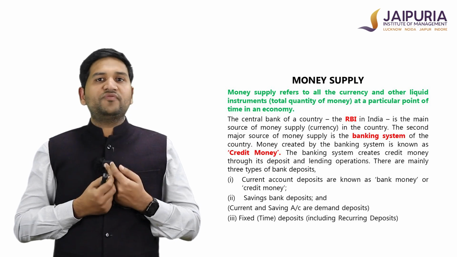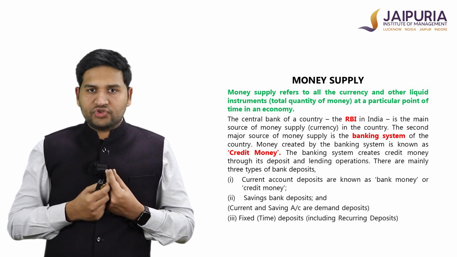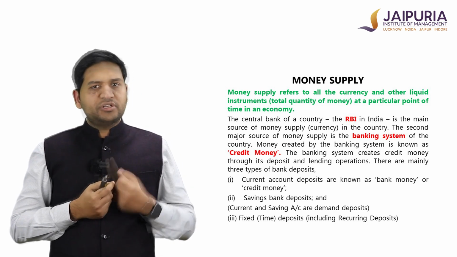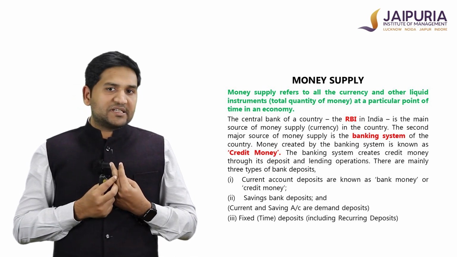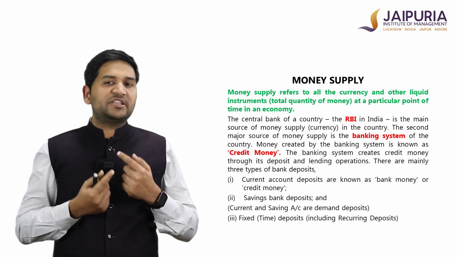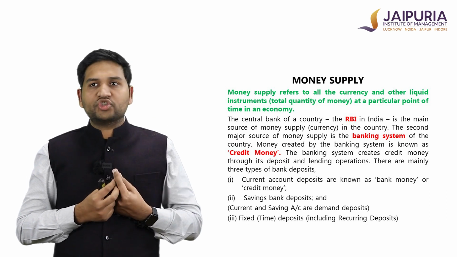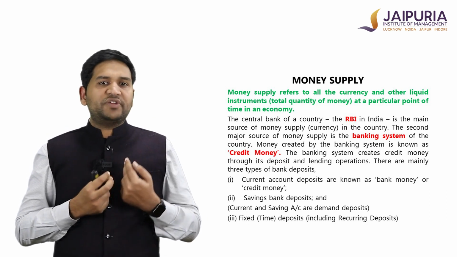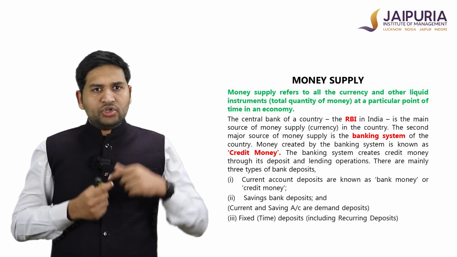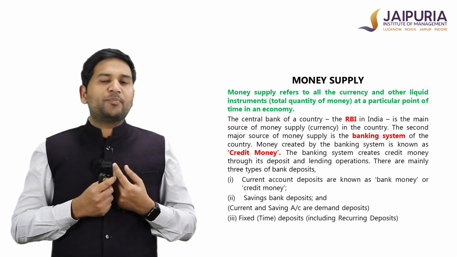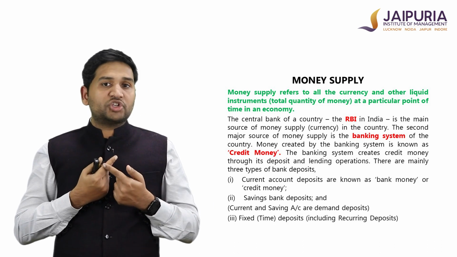Before explaining the various measures of money supply, let's talk about the types of bank deposits. We have 4 types of bank deposit. Number 1 is current account deposit, which is usually opened for the business class. When we have a large number of transactions, then generally people prefer a current account deposit. Generally, households opt for a saving bank account in which they can withdraw money on demand. So current account and saving account constitute the demand deposits.